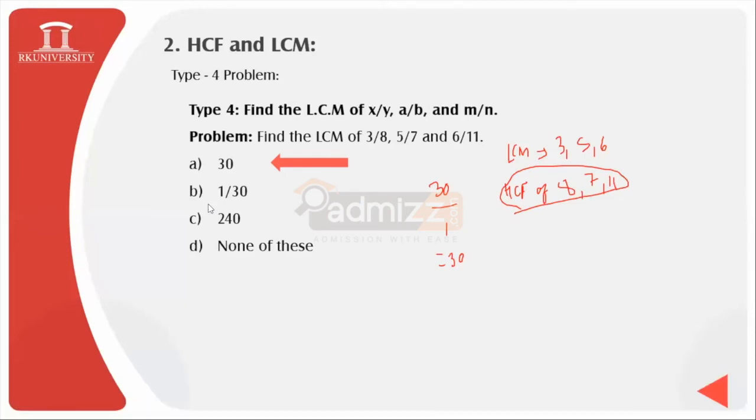Okay, one student is having a query: how did we get 1 as HCF? It is quite simple. For the HCF of 8, 7 and 11, if you factorize, you are not having anything in common. Apart from 1, there isn't any value which is common to 8, 7 or 11. So hence you have 1 as the HCF. I believe your query is resolved. Please confirm. Yes, very good. If there is no common factor, then we take 1 as the HCF.